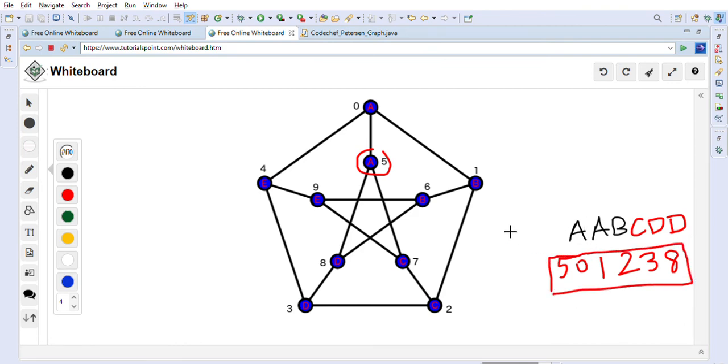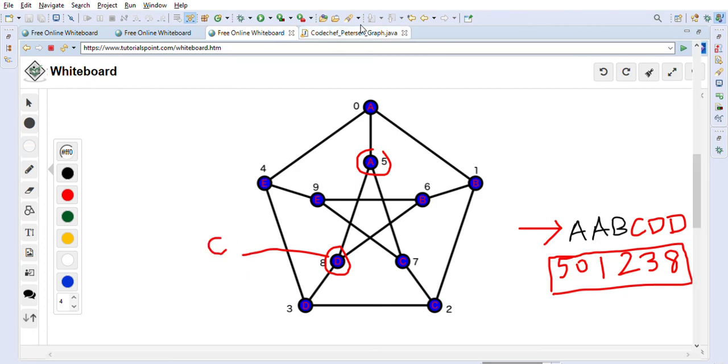So this is the walking path of the Peterson graph for this string, right? Now we can walk until this D point, so CDD means we walked until this point. After this point, we know that its children are A or B or D. So if I put a C after this D, it should give us -1, right?